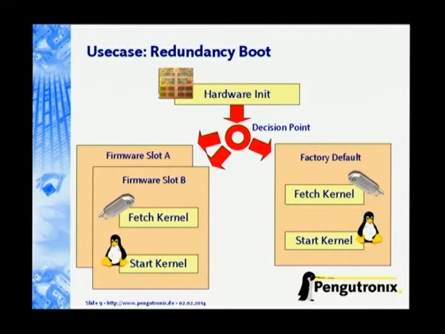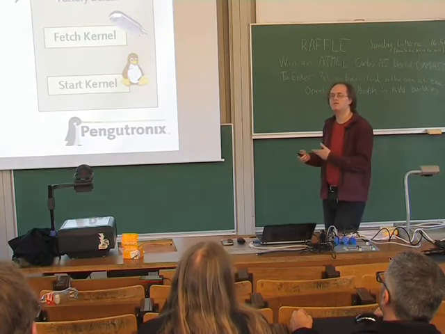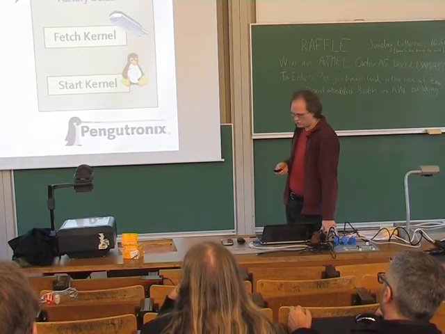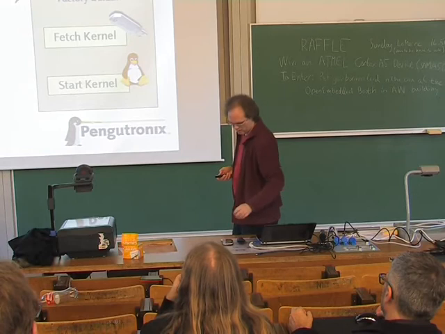Or another scenario, another use case, is that this might even be more than one firmware slot, firmware slot A, firmware slot B for updates. And if something fails, if something goes wrong with the main control application or something like that, then you might just decide to go into some factory default or into some emergency Linux which just shows a splash screen which says, well, contact the service technician or something like that. So deciding between different firmware slots is an important thing, and in most cases this really needs to be done with the bootloader, because all the rest of the system can be exchanged during the firmware update.